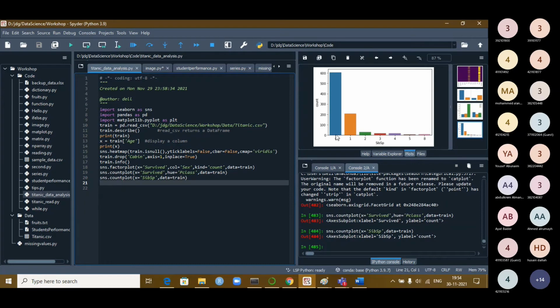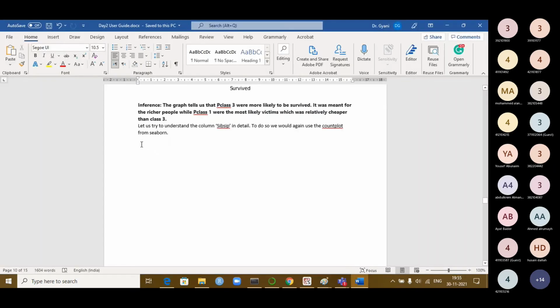Many passengers traveled alone, with no siblings, zero. Zero sibling or spouse. There are around 200 people who traveled with one accompanying person. There are a few people accompanied by 2, by 3, 4, 5 and 8. So that means either only one family or all individuals traveled. This will give you an idea. So this is about your siblings, analyzing the siblings. That is how we are trying to look at it.